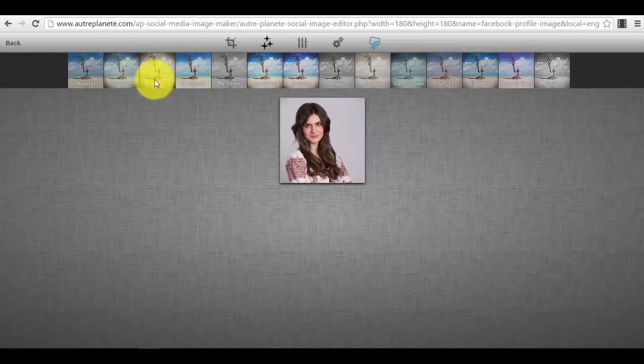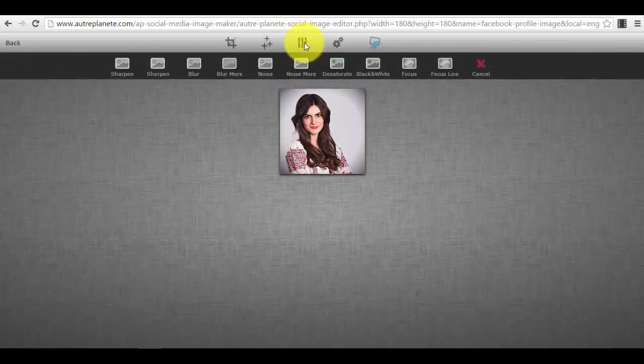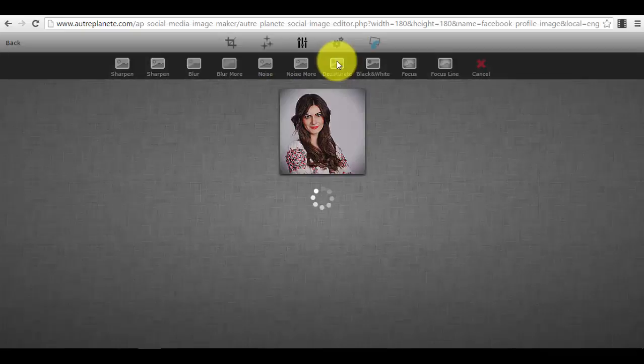Then we can add some different effects from this upper menu. For example, we can add Wild West, Mr. Spock. This one looks really nice, Woodstock. So we have different effects. This photo was already a professional photo, so it doesn't need enhancements. But if you want different types of effects, for example, this one can be a very good effect. 80s, it looks very nice. After that, you press the button okay, and you have other enhancements that you can make. For example, sharpen the photo, blur the photo, you can add more noise to the photo,